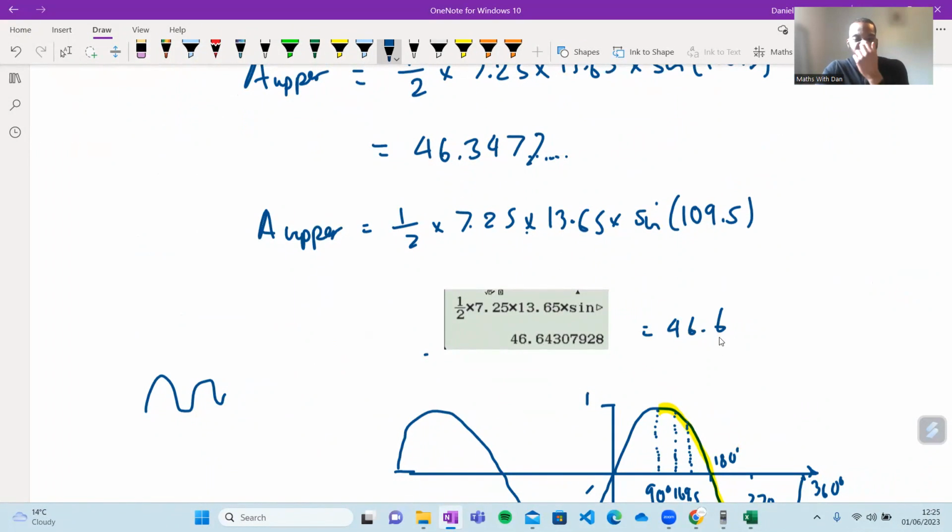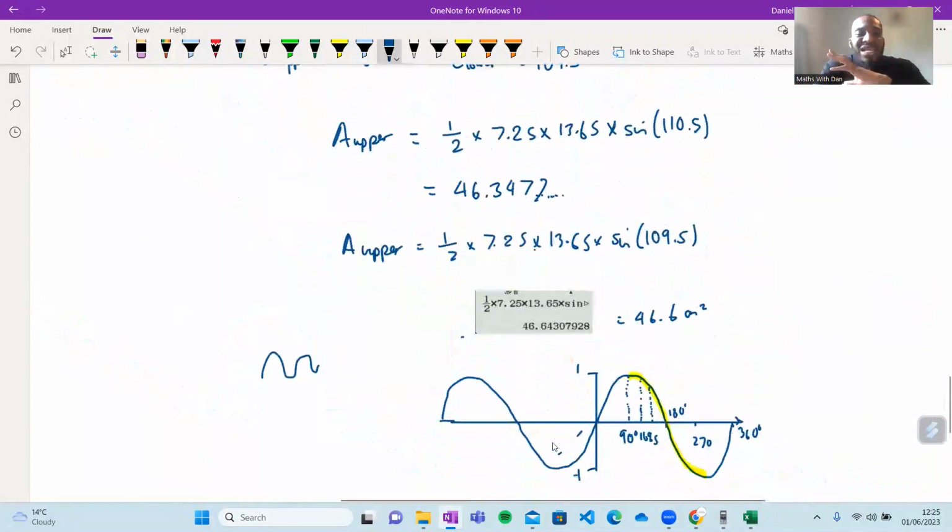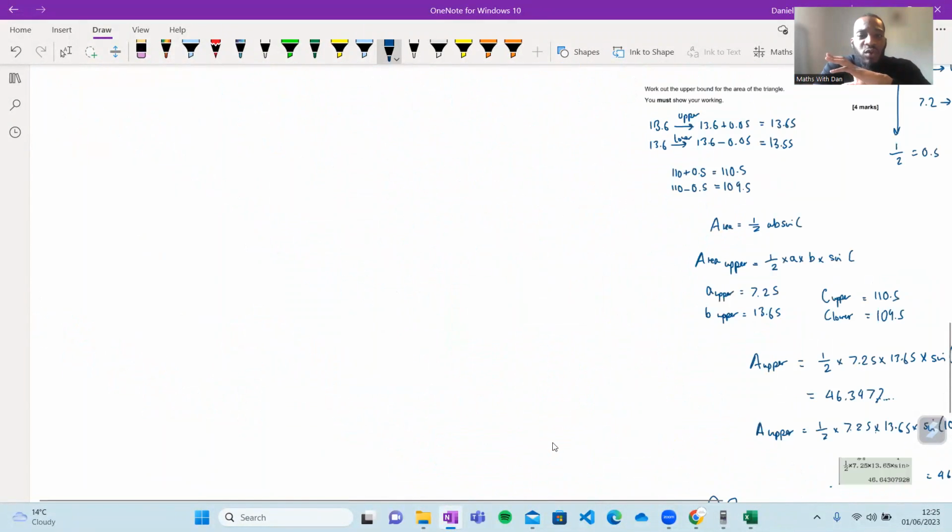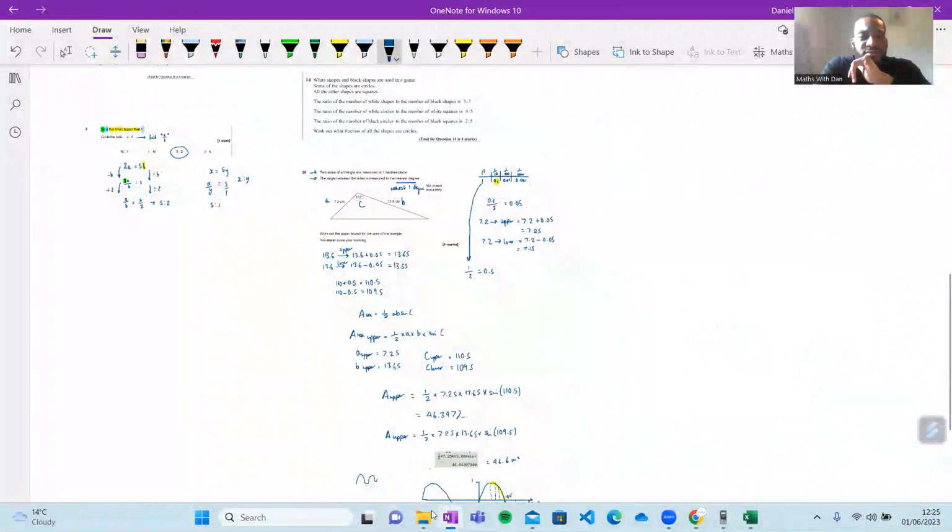46.6. Yeah. Does that make sense, guys? Centimeters squared. Is that correct? Did anybody get it correct, by the way? And for anyone that didn't get this correct, is this okay now? Does this make sense? How we go about this? Yeah. Well done. Well done, Q. Well done, Anilio. Good stuff.